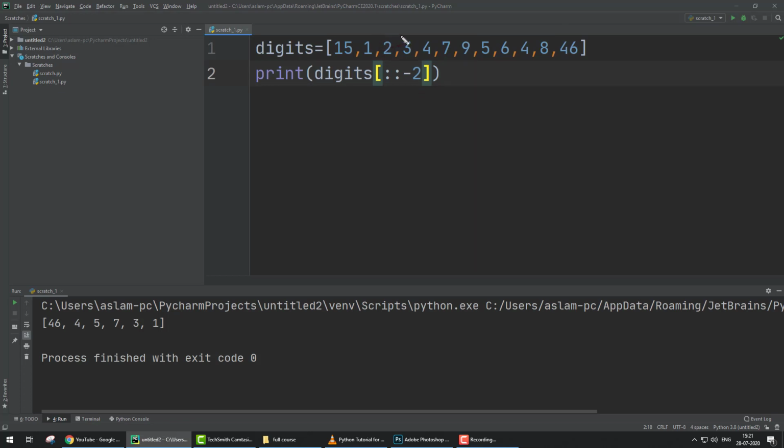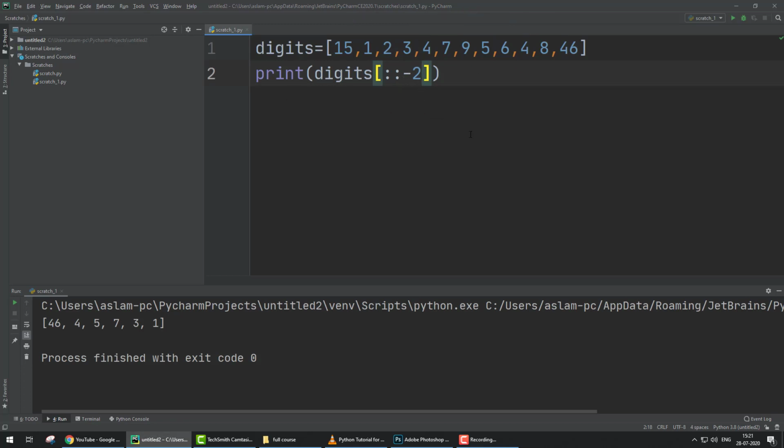So 1 2 3 4, 0 1, minus 2. You understand clearly: the value before the first colon is where the range starts, the value between the colons is the range end, but after the second colon is the interval. So the interval after 4, 6 is 4, then 5, then 7, then this, like that.